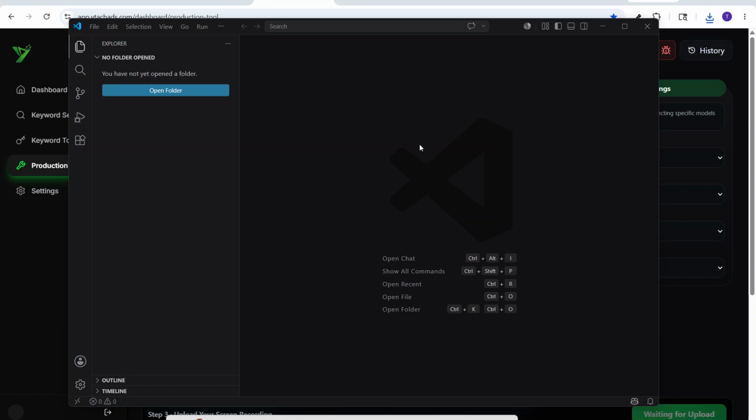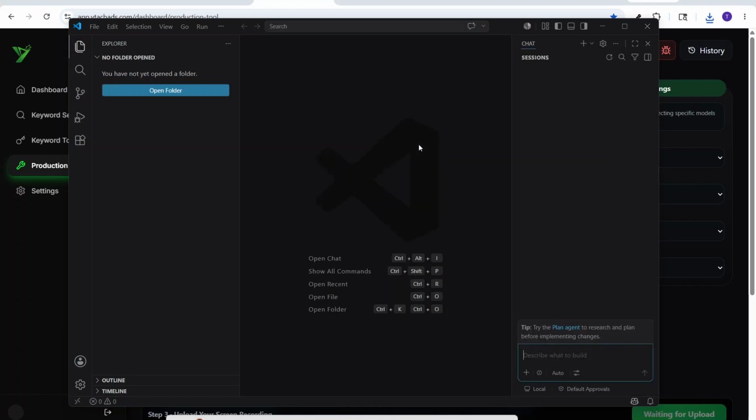To get started, you'll need to open the Copilot chat. You can do this easily by pressing Ctrl, Alt, and I on your keyboard, or you can simply click on the Copilot icon within your VS Code interface. This will bring up the chat window where you can start interacting with the AI to get assistance with your